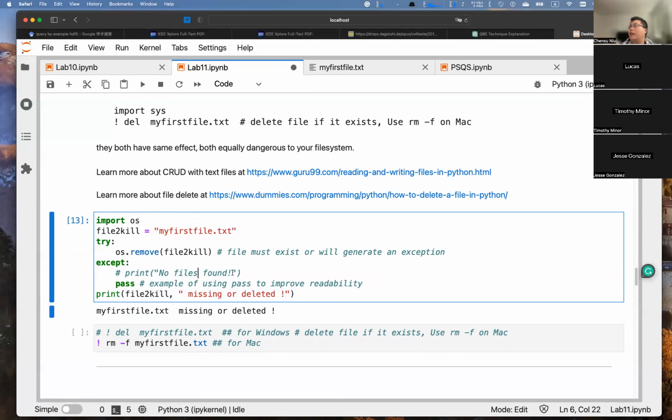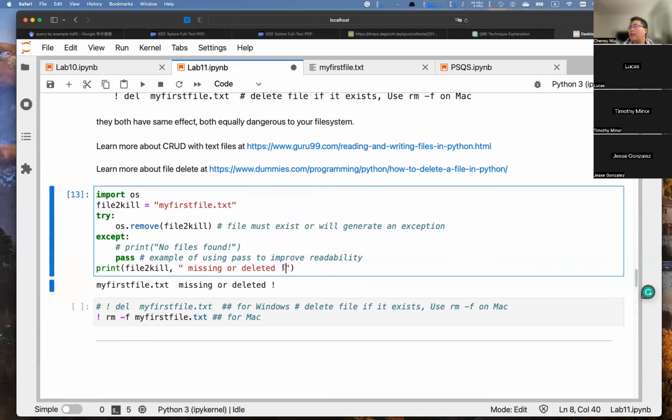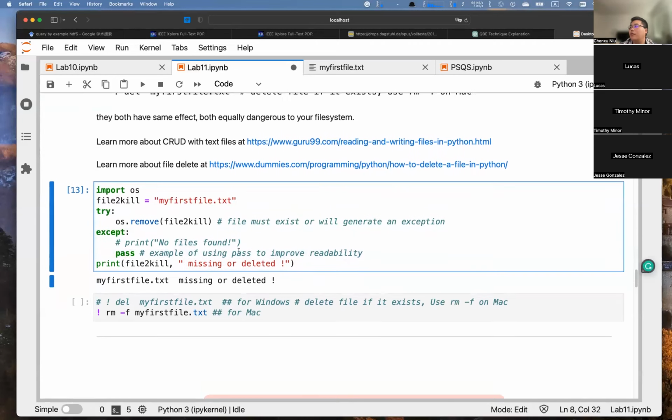Passing on here is except, and you can do it this way. You can print "no files found" to give you a hint. It means there's no my first file dot text, or you can just choose pass to make sure your program will finish at last. Okay, and then print that the file is missing or deleted. So use this way, because